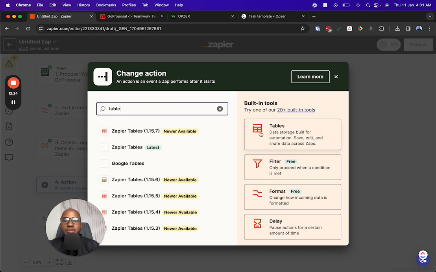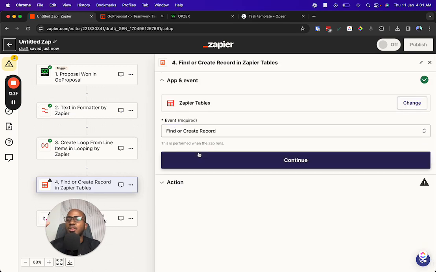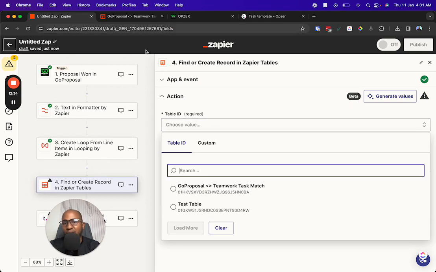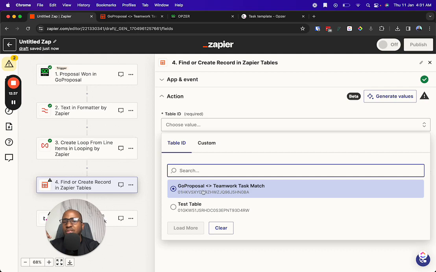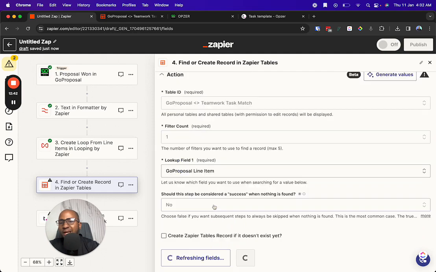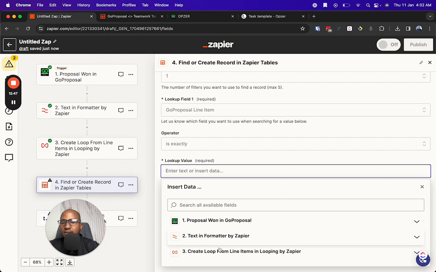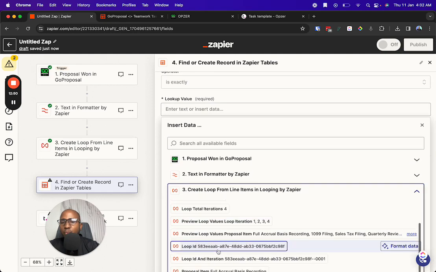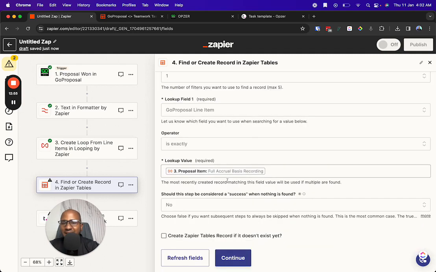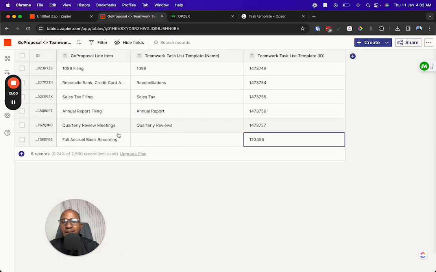look for tables. Well, it's actually here, and what I'm going to do is find the row or the record that matches that line item on that first column, right? So we're going to select that table, and we're going to look up proposal line item by the value that is exactly the line item we are currently processing, which is right here. If I go ahead and test that step, I should be able to get this row,